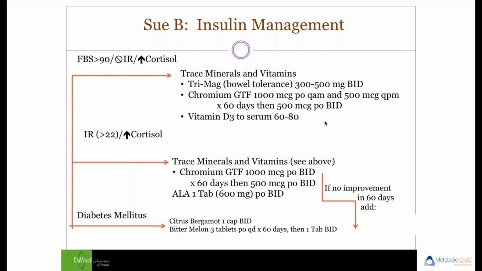If they have an insulin of over 22 and an elevated cortisol, you may need to add in some alpha lipoic acid as well. And if no improvement, you could also always consider citrus bergamot, bitter melon, other choices like berberine. You're just going to have to get heavier and deeper in terms of managing that growing insulin problem. Now, diet is central. Diet is key in this situation, but this patient is going to need some additional support in terms of the big three: magnesium, chromium, vitamin D, as well as maybe some other factors that help with